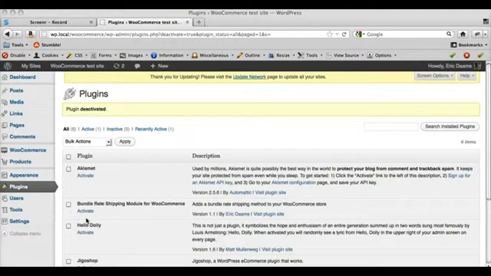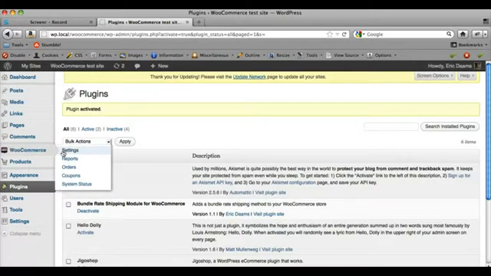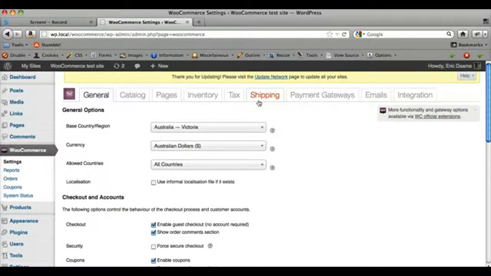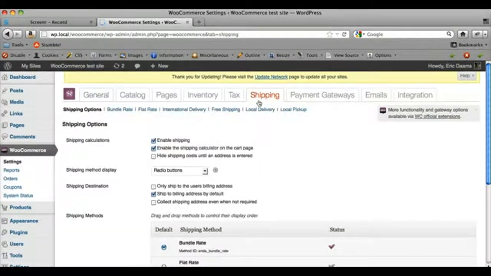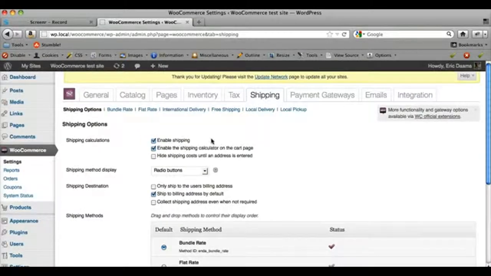First of all, we're going to activate the plugin, which is just the same as with any other plugin. After we've done that, we're going to go to WooCommerce settings. Obviously, you will need WooCommerce installed first, otherwise this just will not do anything. Shipping. First of all, make sure that enable shipping is ticked, and down here you should see bundle rate listed under